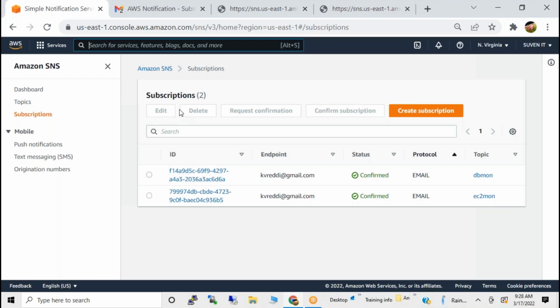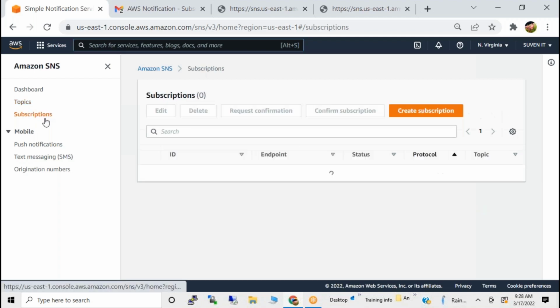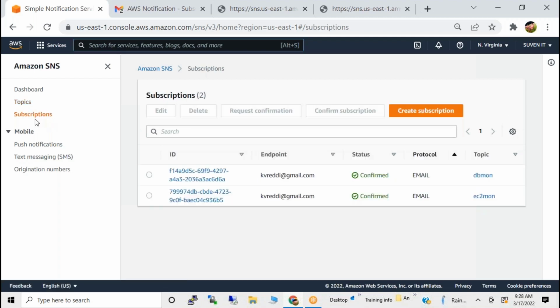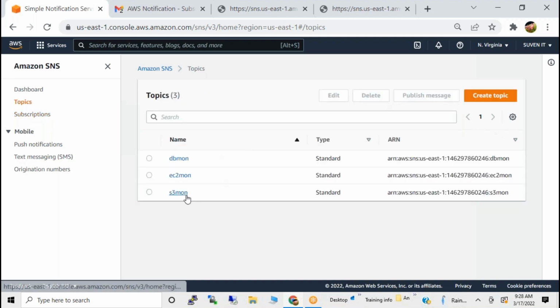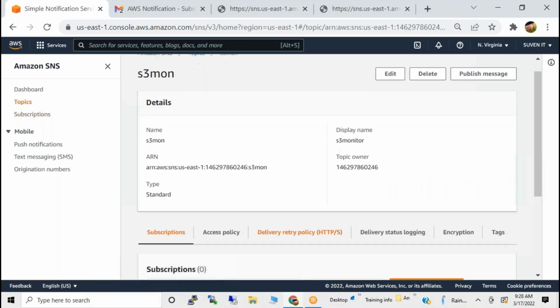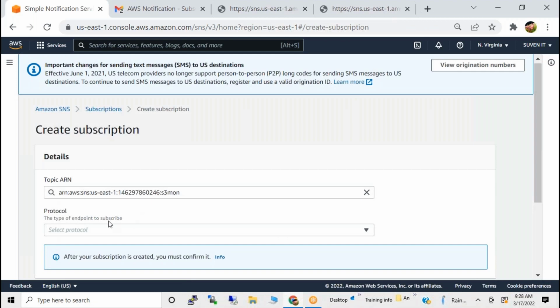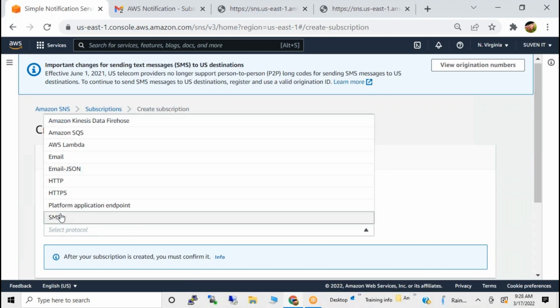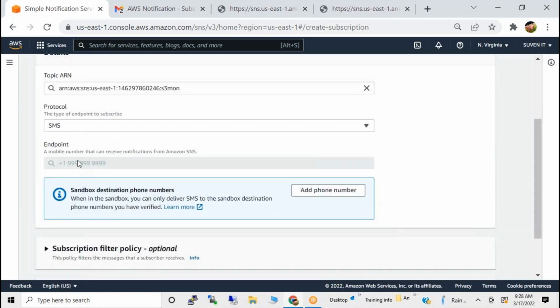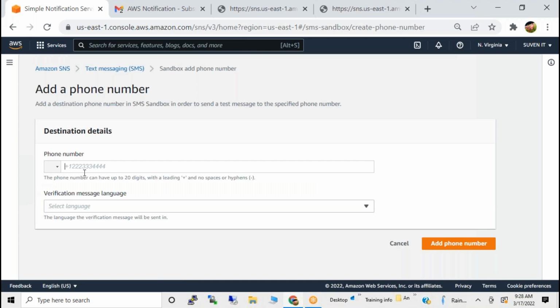then the source part. Before going to source, any questions here about what is topic, what is subscription and all? Anyone, any confusion? If you want, I will confirm one more subscription also. Create subscription. You can send the SMS also to a mobile. So you can define whatever the mobile subscription here, add number, and you can go with the